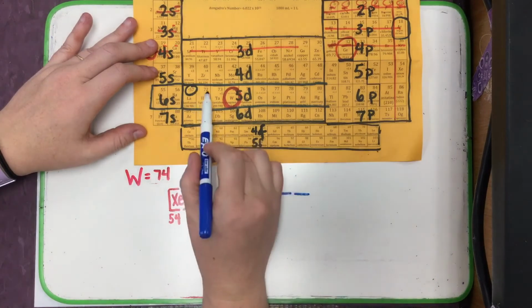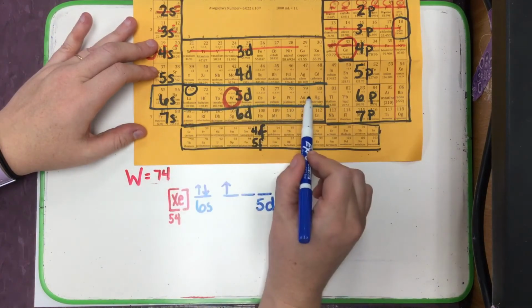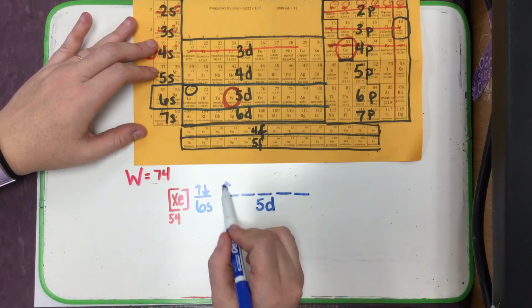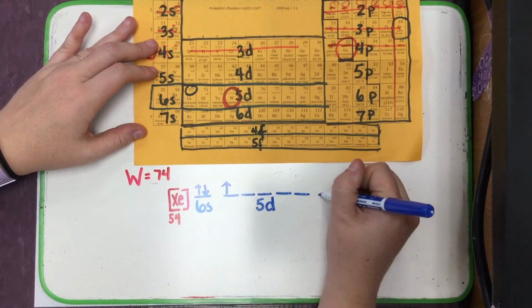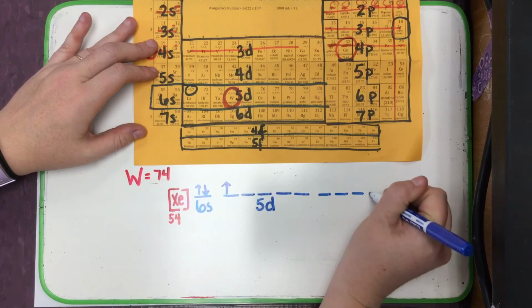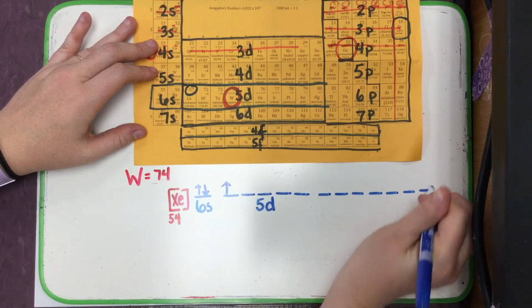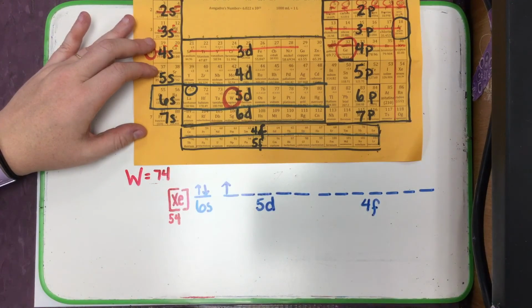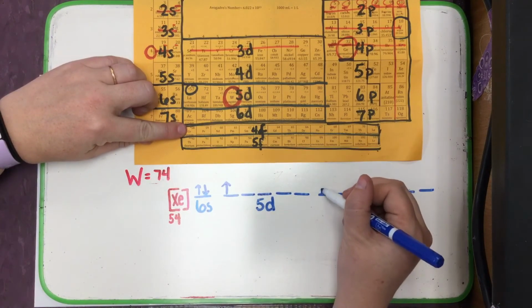But 58 is not in this dungeon. 58 is down here in the flower room. So after I put a single arrow in there, I then have to draw in the 7 lines that would be in the 4F. And that's where element 58,